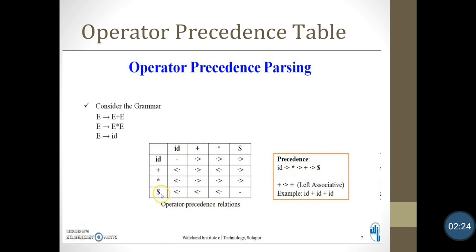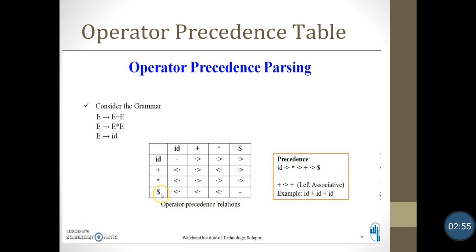If we have an operator with high precedence, then we'll mark an arrow for that operator. Among ID, plus, star and the $ sign, we have a precedence order. ID has the highest precedence, then star, after that plus, and the $ sign will have the lowest precedence,